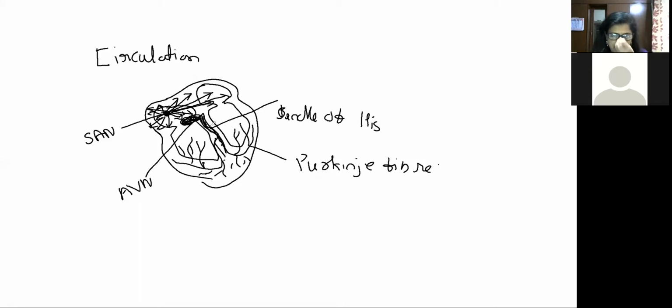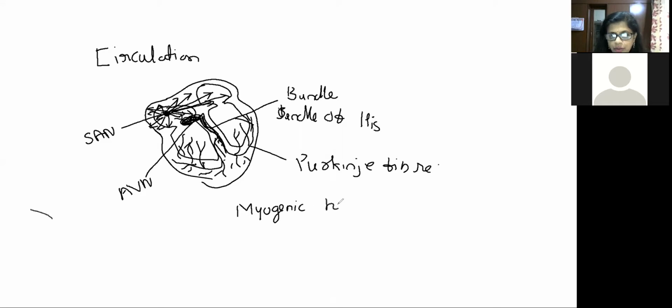Now it is physically connected through the fibers. This is called bundle of His. It's a bundle of muscle fibers. This will go down in the interventricular septa, branch into right and left, and join the highly branched muscular fibers called Purkinje fibers. Did you understand this? So you can see here, heartbeat is originated by a group of muscle fibers. Therefore, such a heart we call the myogenic heart. What is myogenic heart?